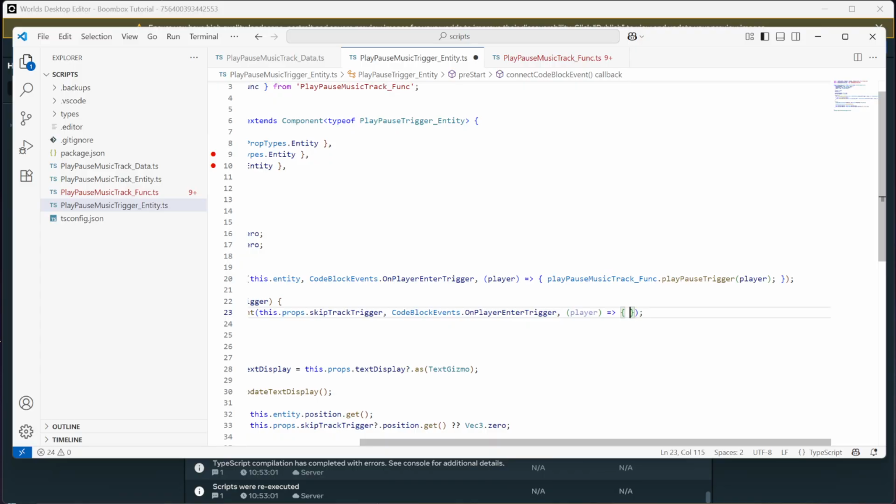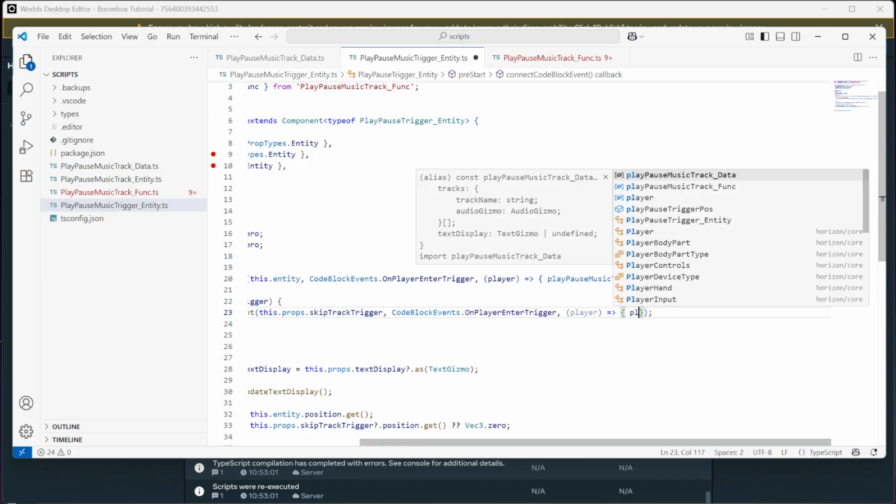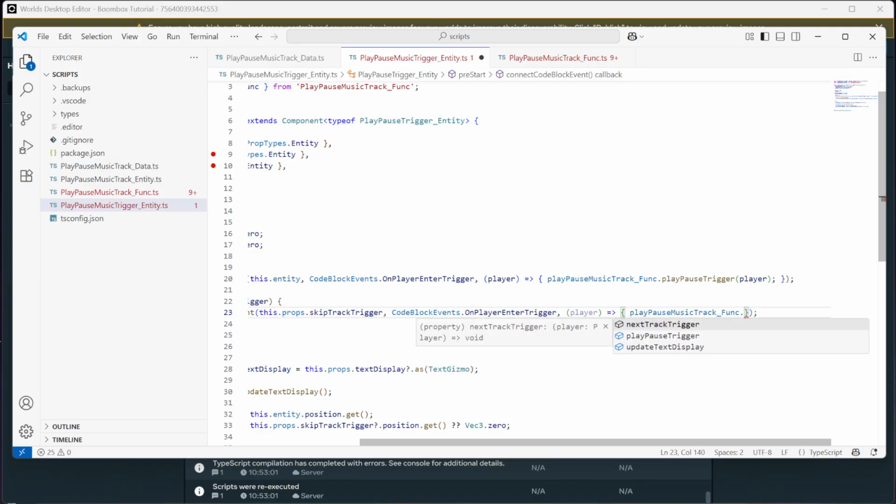This is why we do that. It's because it's less likely to cause issues, and if we all follow it, we're going to save ourselves literally countless hours across the entire group of people. All right, going into the functions, we can now call our next track trigger function, passing in